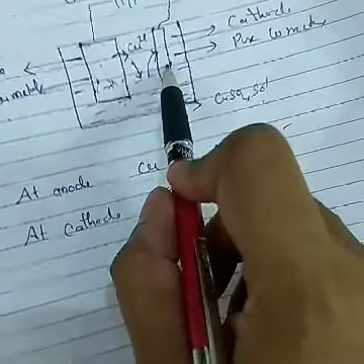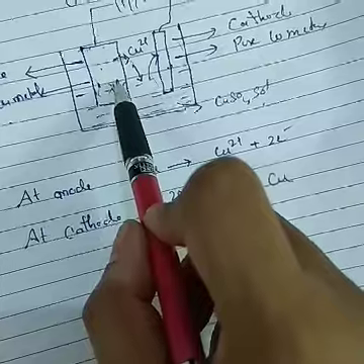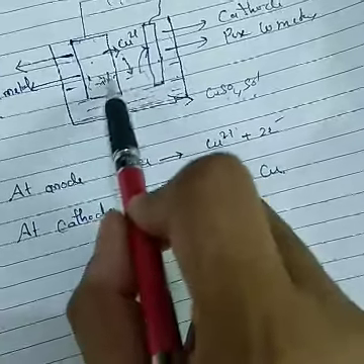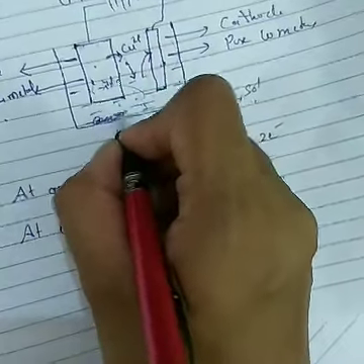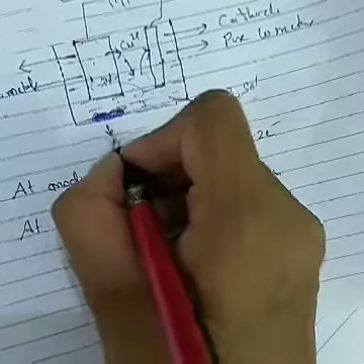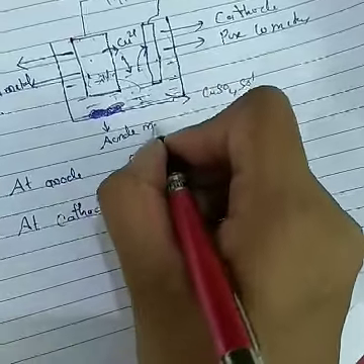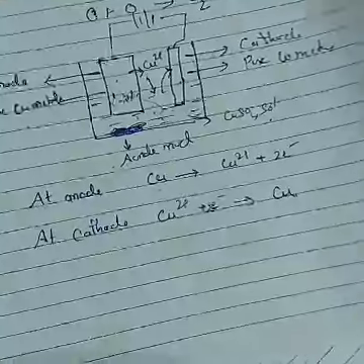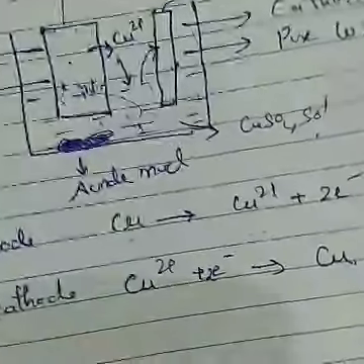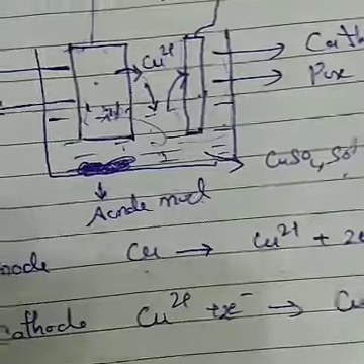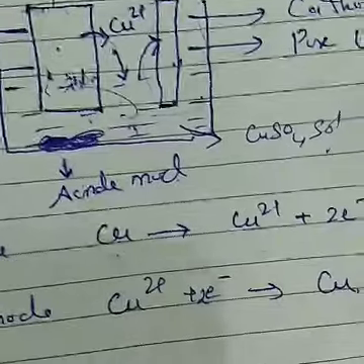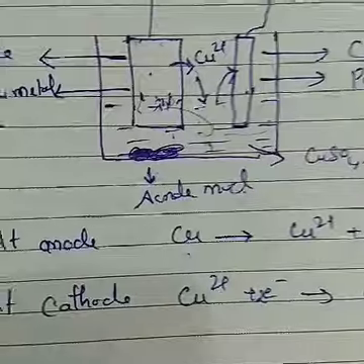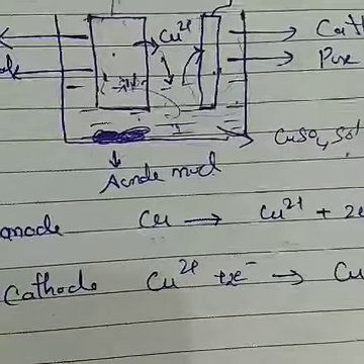Next, about the impurities. The soluble impurities present in the impure metal will pass into the solution, whereas insoluble impurities will get deposited at the bottom of the anode and it is called anode mud. What do you call it? Anode mud. In this way, the electrolytic refining of impure metal takes place. So till here it is the extraction of metals. Till here your metallurgy has been completed.